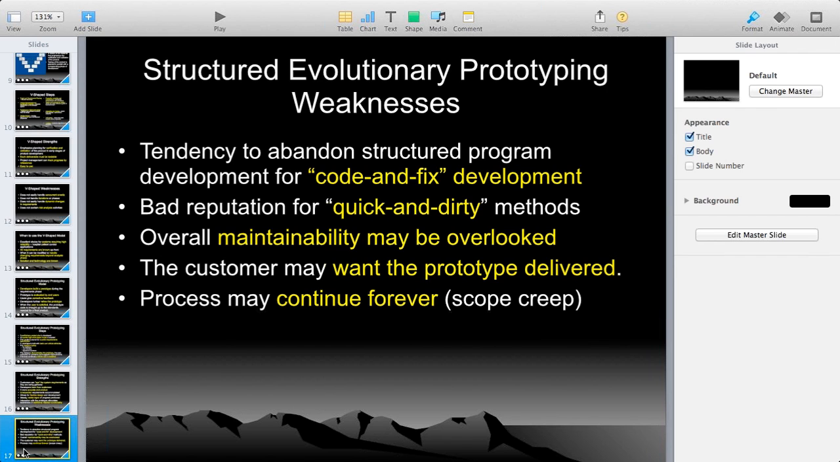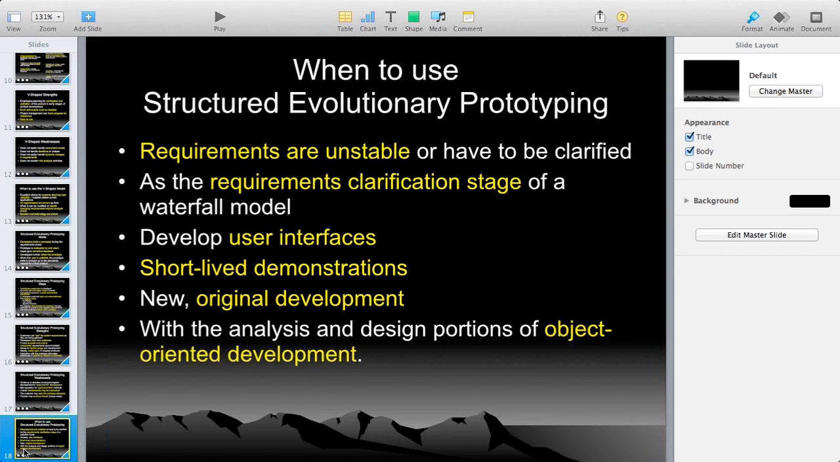Okay, this is all about weaknesses. And when to use structured evolutionary prototyping? Requirements are unstable or have to be clarified. That means when the client is not sure about the requirements, then you go with prototyping. As the requirements clarification stage of a waterfall model,